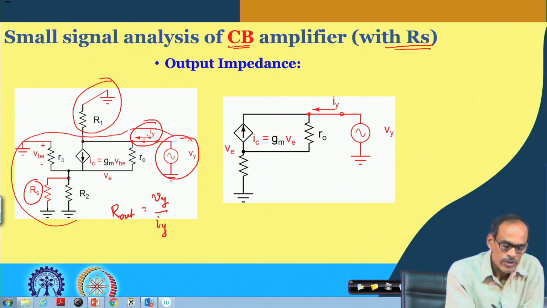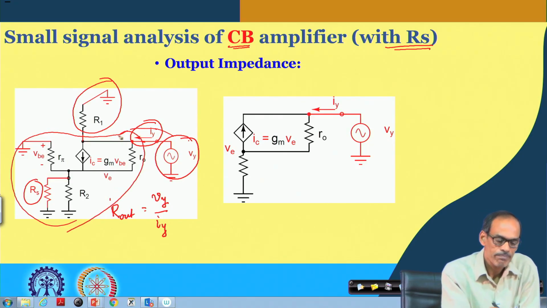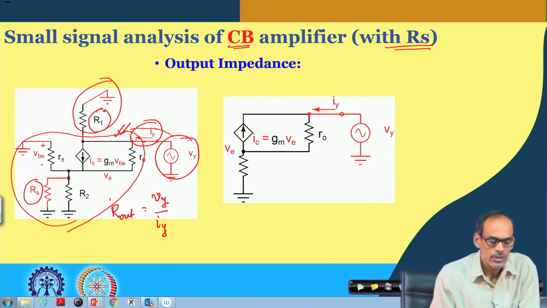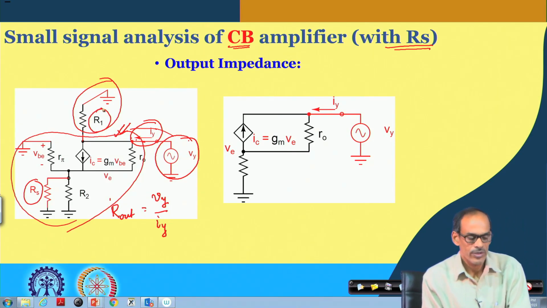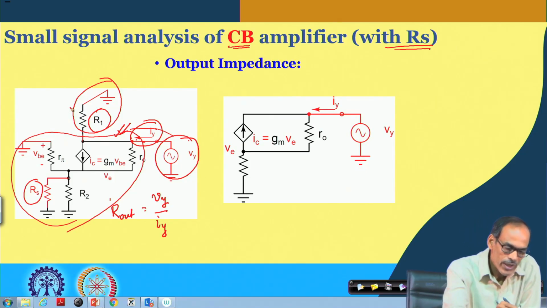Whatever resistance we get from analyzing the lower part, if we make a parallel connection of that with this R 1, that gives us the overall resistance. So, to simplify the analysis, we can drop this part for now and analyze only the